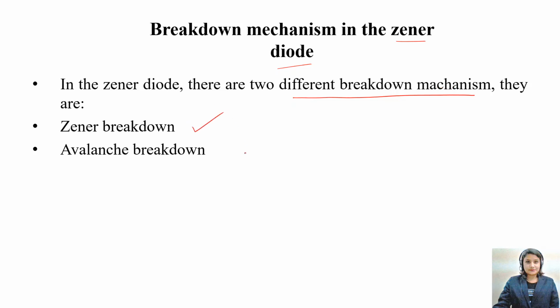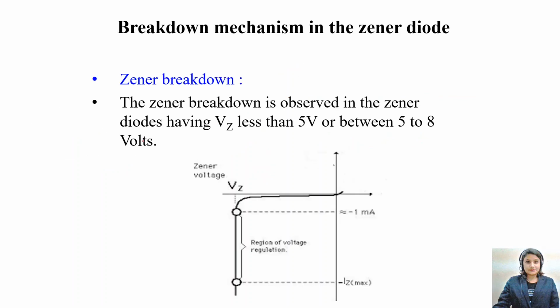One is Zener breakdown and the second is Avalanche breakdown. Yes, and this is the speciality of your Zener diode only. It has two types of breakdowns when it is reverse bias. Right? So this Zener diode,